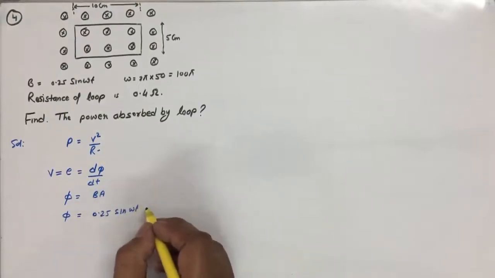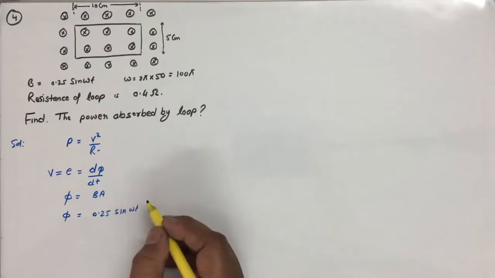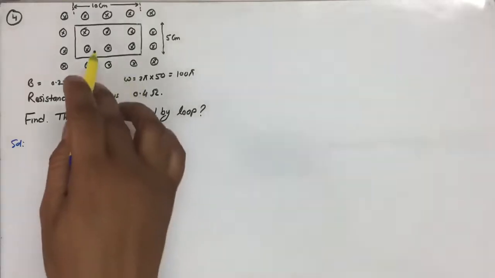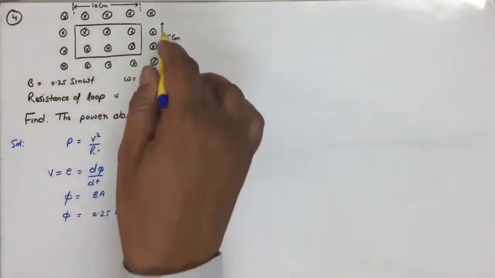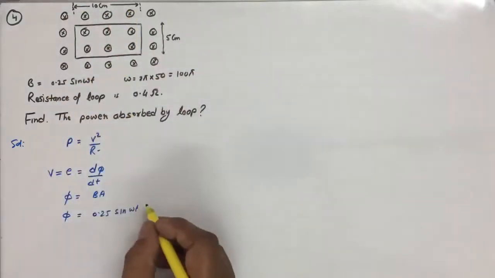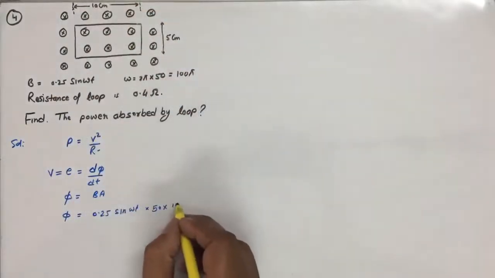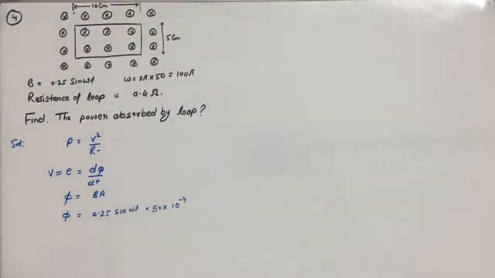This will be multiplied by the area, that we can say 5 times 10, that is 50 centimeter square, 10 to power minus 4 meter square. So this is the flux, and if we differentiate it with respect to time,